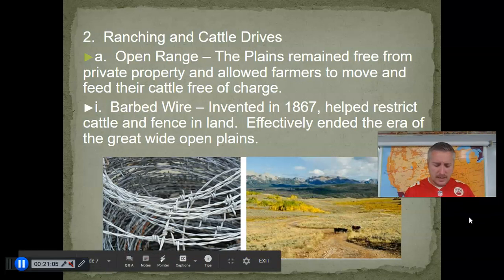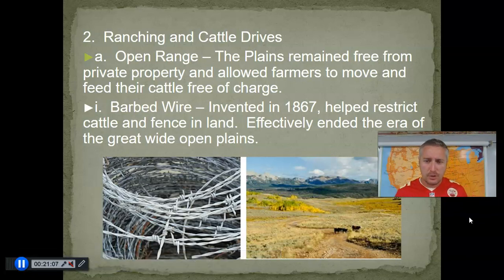So, you think about the West, uninhabited for the most part, of course, excluding Native American populations, which for the most part still remained, of course, tribal, many of them moving around, hunting buffalo and whatever animals were native to that area. So, early on with farmers, they used the open range, right? You might have heard that term. So the plains are open. There's really not private property at this time. Farmers just kind of moved around with their cattle and allowed them to kind of eat the grass as they just kind of moved along.